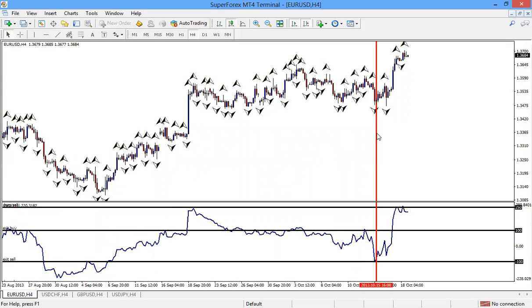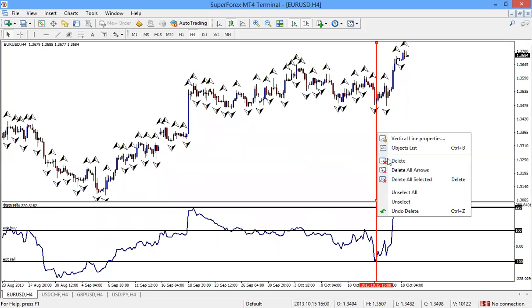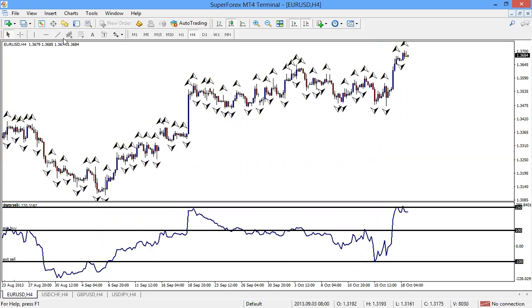So a fractal, we use it to find the entry and to find the exit, because when you are buying, whenever you see a fractal appearing, it means that the buy is over. So what do you do? You exit. The moment you come here on the exit buy, and then you see a fractal appearing here, then you exit the trade. Don't worry, don't cry about this other one.